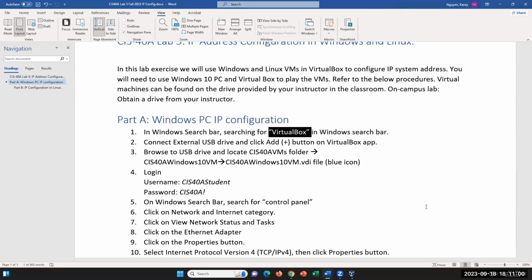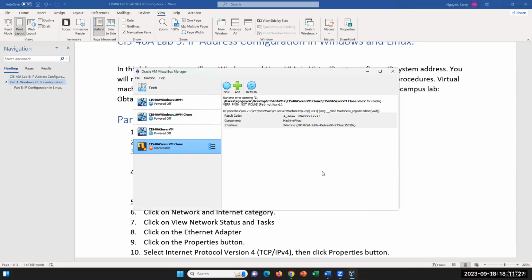Okay, any other questions? Okay, so as you open up your virtual machine, make sure that you can play it from your drive, and then you can follow the steps. Your login should be as shown, because I cloned them both, so they should all be the same. Now, if you have a drive that has other things,